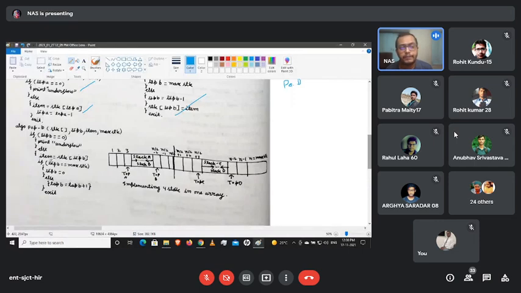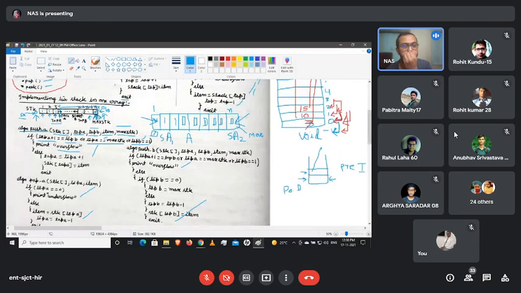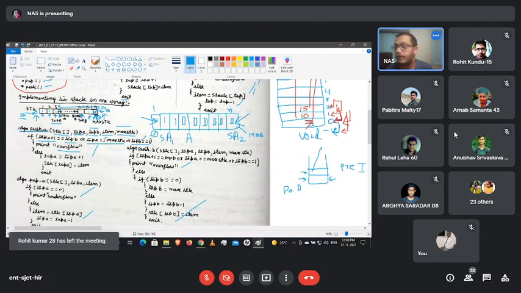So that's why item equals stack top B, and if top B equals max stack, meaning the top B is in the max stack position, then top B will be in the 0th position. Else, if top B is not on that position, let's say it is at the n-2 position, then what will happen? First the data will be popped out, and then it will be decremented. But here the counting is different because we started from n to n-1, n-2. So to decrement this one, how are we going to do it? n-2 plus 1, then top B will come to the n-1 position, and then plus 1, it will come to the n position.